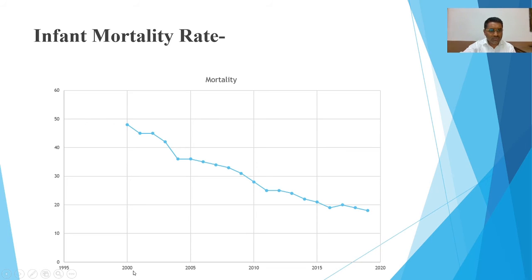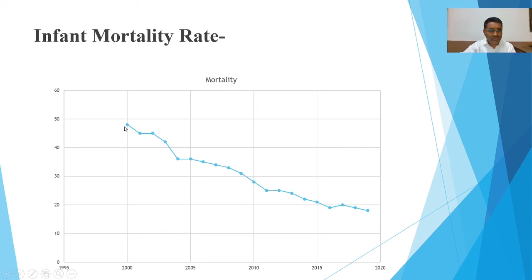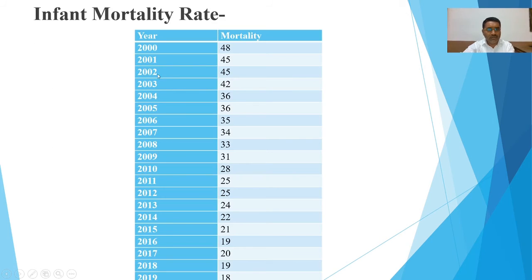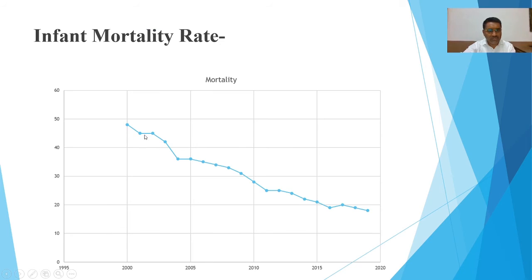In 2000, the value is between 40 and 50, and we have already seen that in 2000 the mortality is 48. In 2001 it is 45. So there is a change in the graph, and accordingly a decrease. We can even interpret the graph: from 2000 to 2020, how the graph declines and how the mortality decreases.